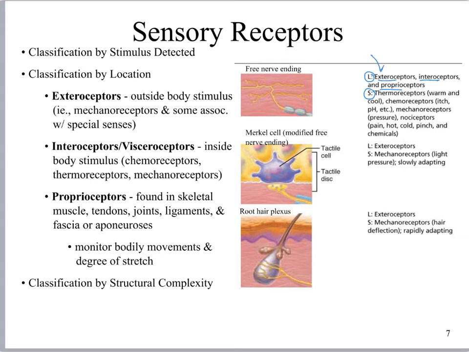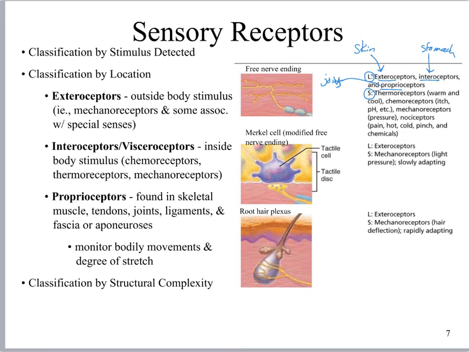So if it's in your skin, it's also an exteroceptor. If it's in your stomach, it's an interoceptor. And if it's in your joints, it's also a proprioceptor. Okay? Now,